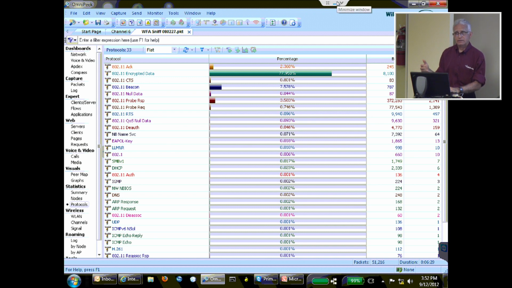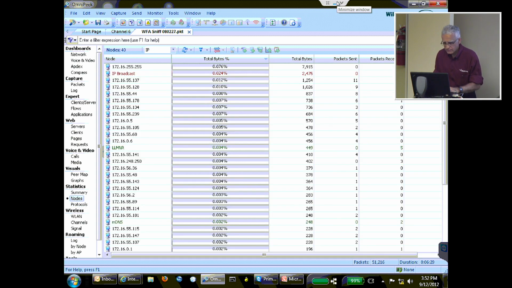Nobody can connect. Nobody can VPN. Nobody can do anything. So what does a bored individual with OmniPeek running on their laptop do? They start running captures to see what's actually going on here. So what became evident real quick, down in the nodes view, was that